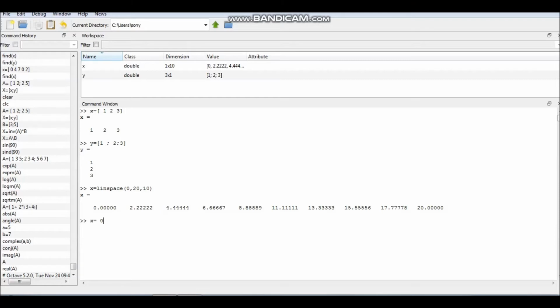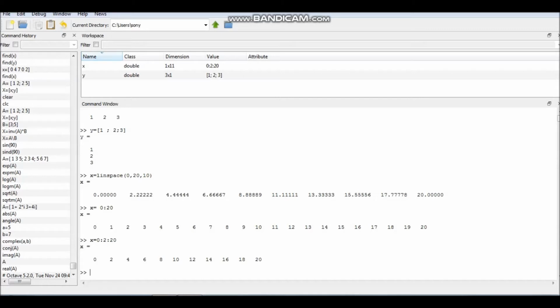The other command is, if I write x goes from 0 to 20, then you will get values from 0 to 20 with spacing equal to 1. If you are not giving the spacing, then it will automatically take spacing equal to 1. And if I write x equal to 0, 2, 20, it means I am going from 0 to 20 with spacing equal to 2.